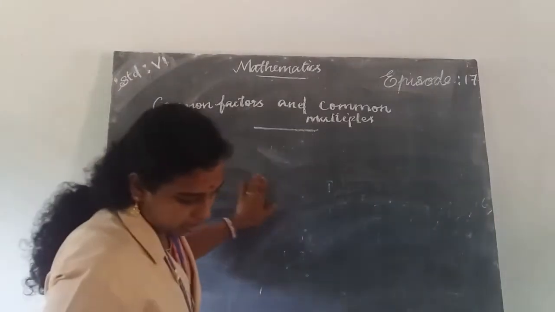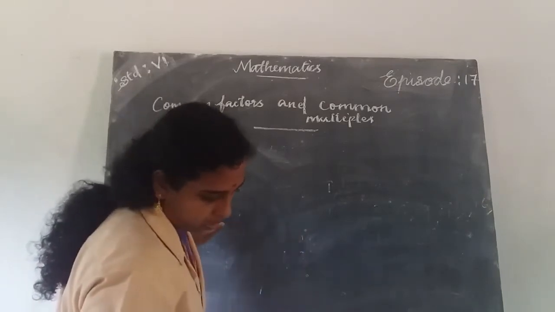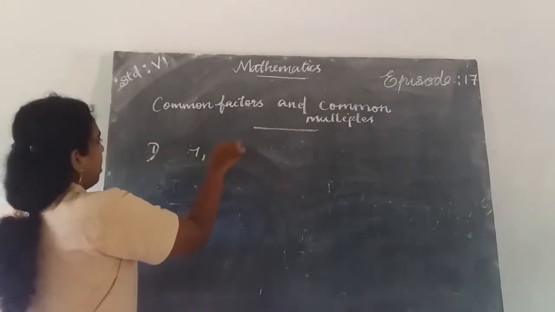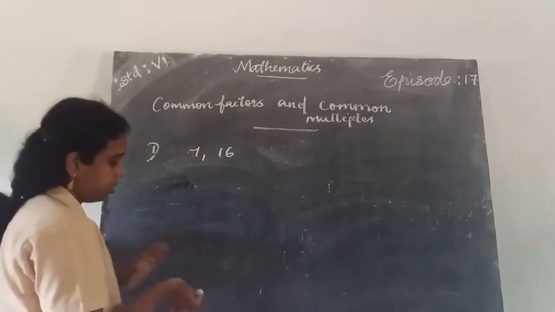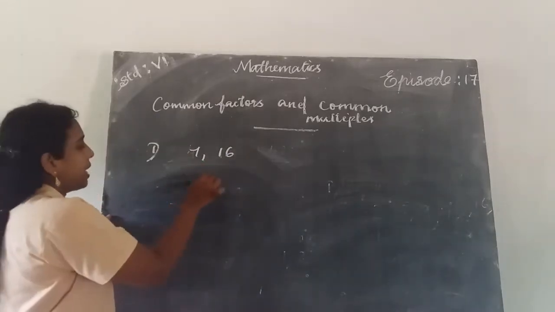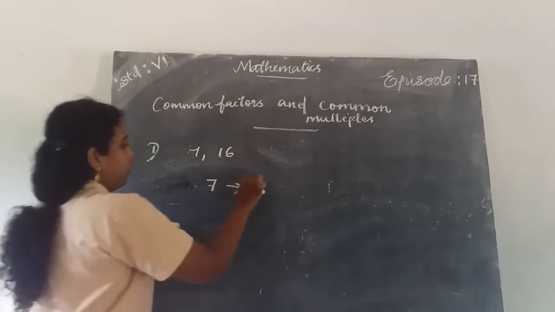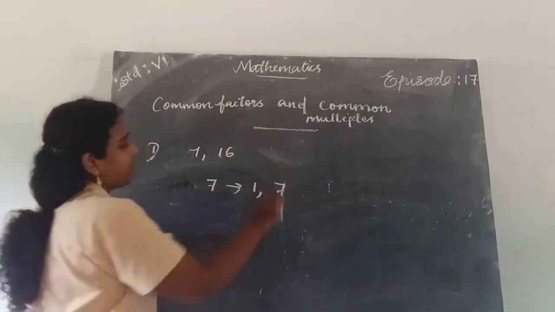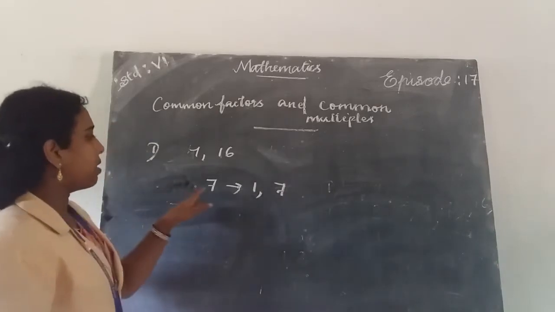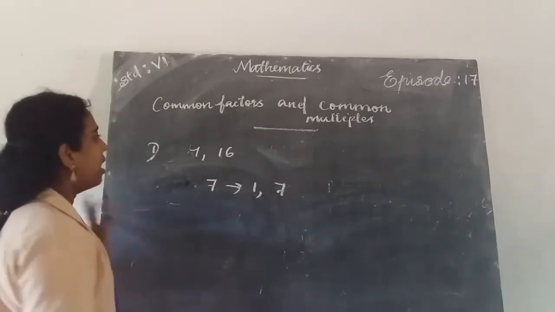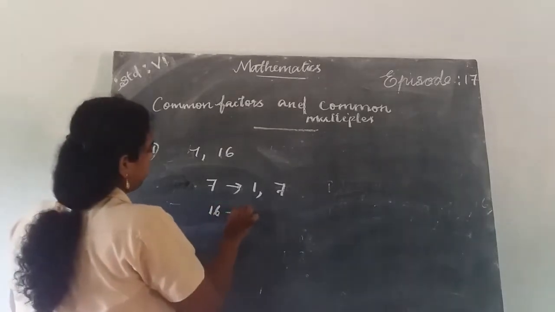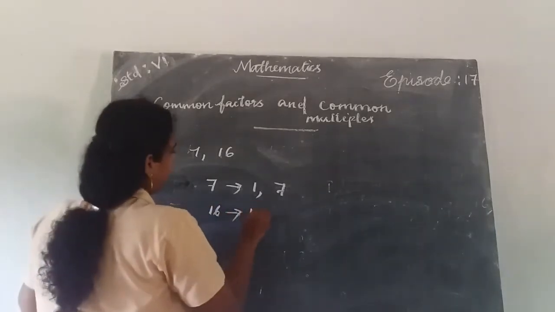A question: 7 and 16. So first, the factors of 7 are 1 and 7. 7 is a prime number because 7 has only 2 factors, that is 1 and the number itself. And number 16 has the factors 1,